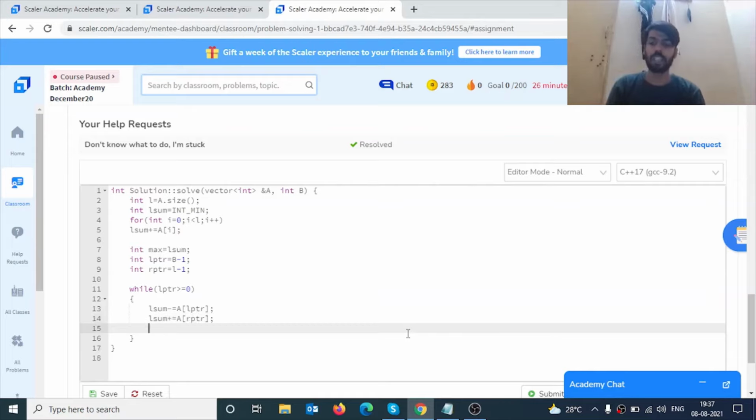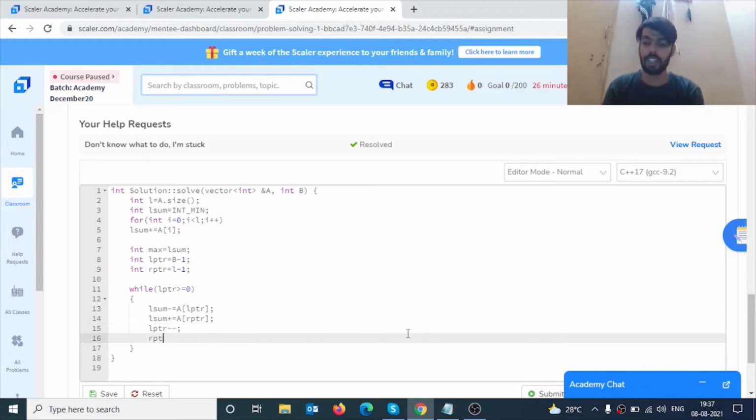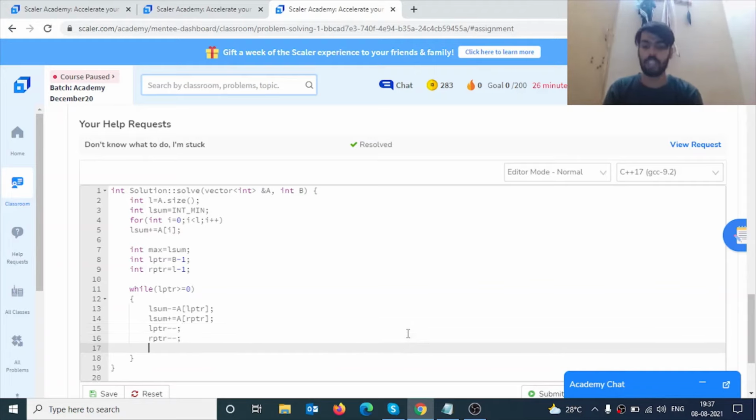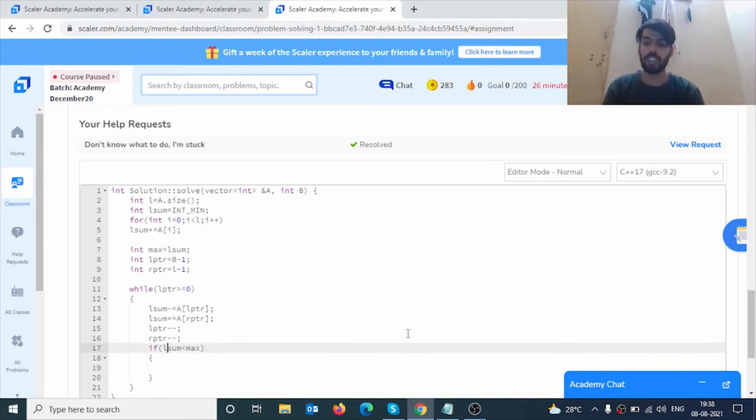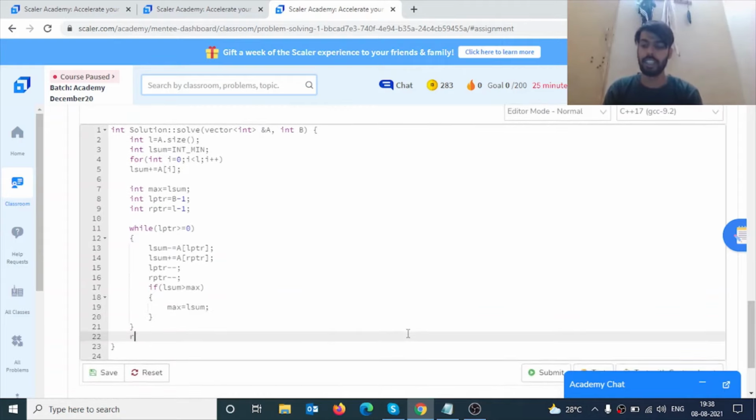After that we will decrement our left pointer, since we are popping out this element, and we will also decrement the right pointer. If our L sum will be greater than max, then we will store max as L sum, and at the end we will return max. This will be our result.